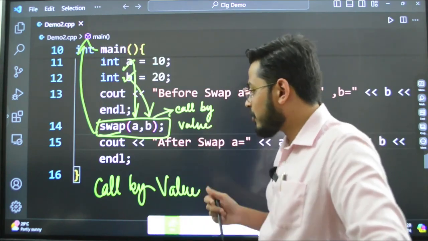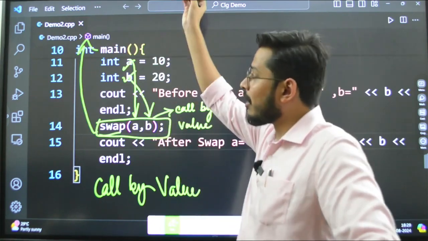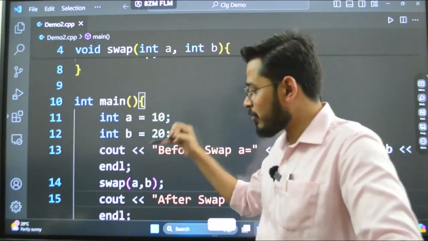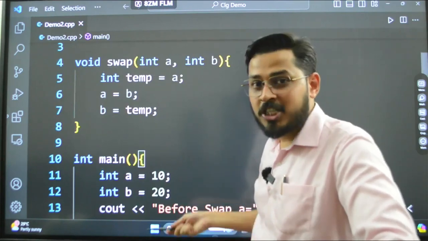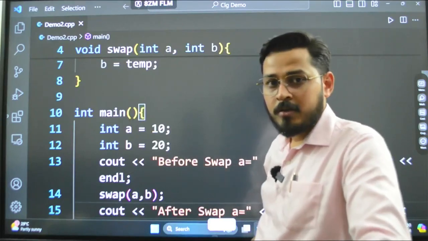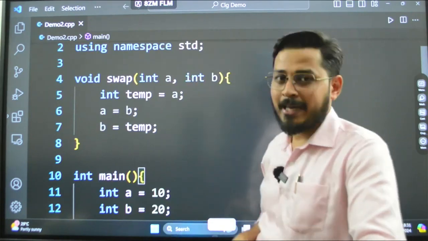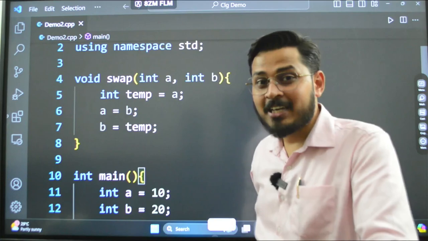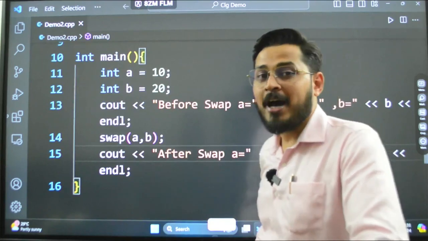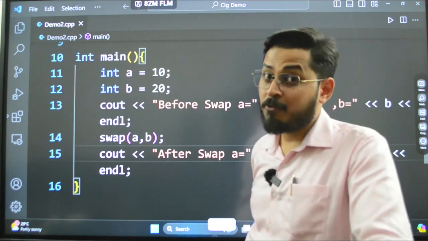Okay. But what is the actual reason? Call by value: the changes made by the called function, which is of course this function, ultimately we are calling this function from here. The changes made by this function will not be reflected back to the main, because we are just calling that function, passing the value, so values will get trapped there. We are not returning any value. Yes, if we would have returned any value, then the returned value would have come back to the call itself, but it is not getting returned. In this case, the swap will not happen.